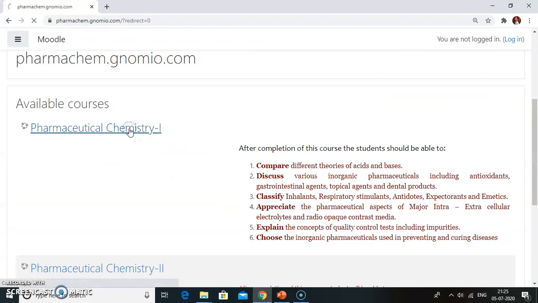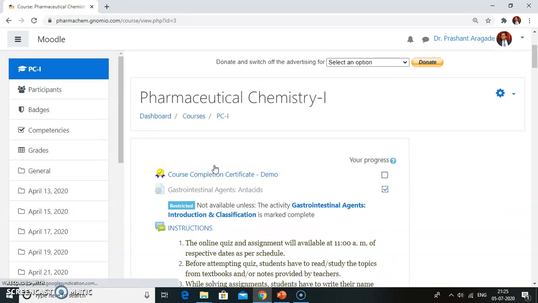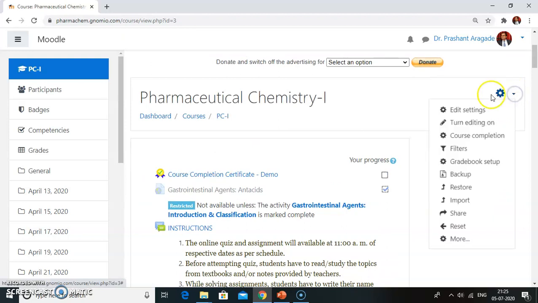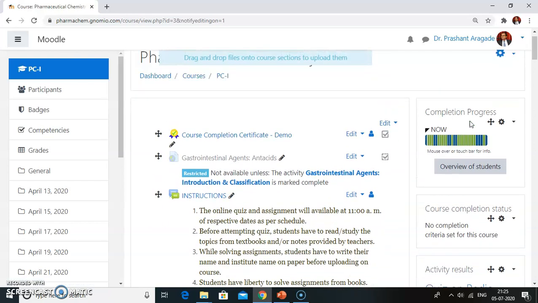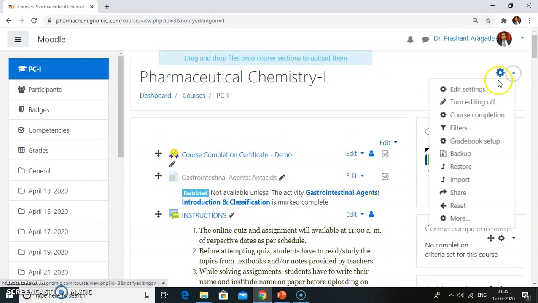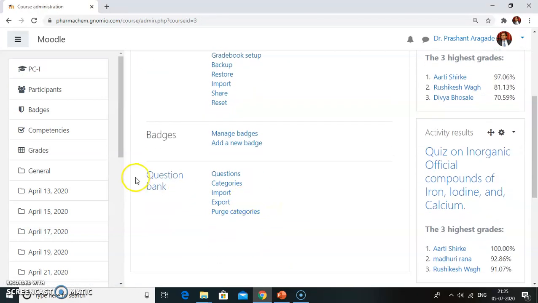Just click on your course name, log in, then click on the system gear icon, turn editing on, then again click on the system gear icon, click on the more button, go to the question bank, click on questions.